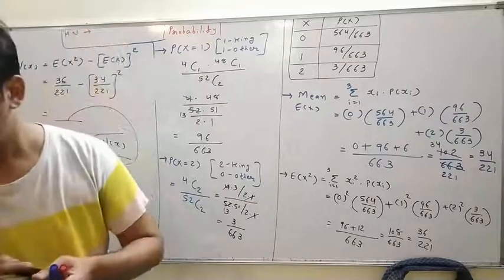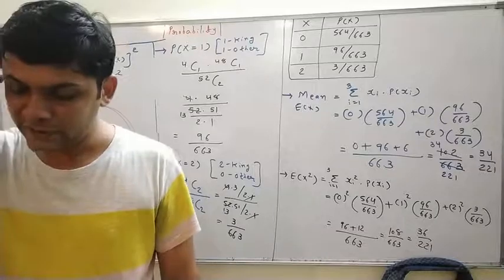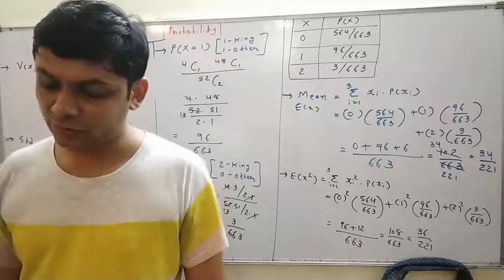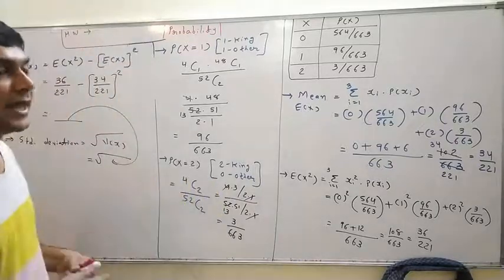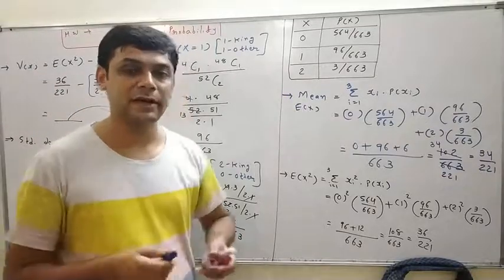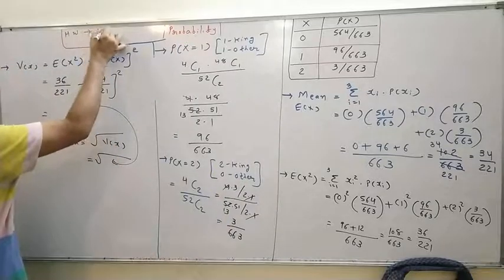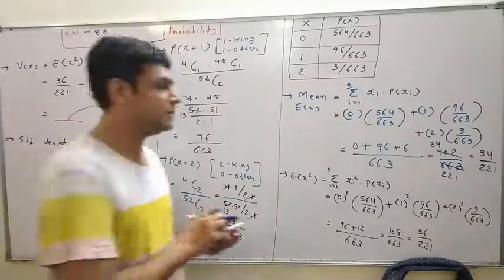Clear? Okay. Next, question number 83. Two dice are thrown simultaneously. X denotes the number of 6s. Find the expected value of x. Expected value of x means mean. Right, another name for mean is expected value of x. So that you can do in homework. Question number 83. Expected value means mean.